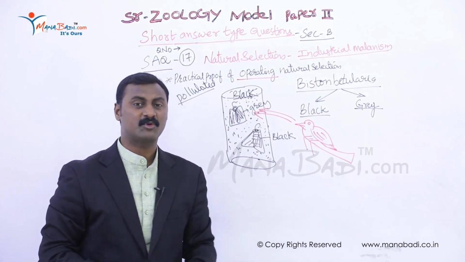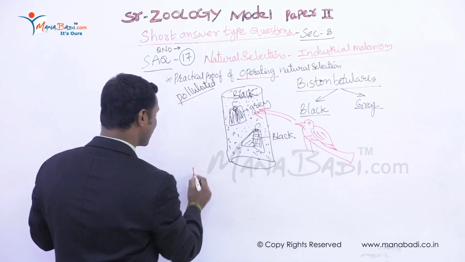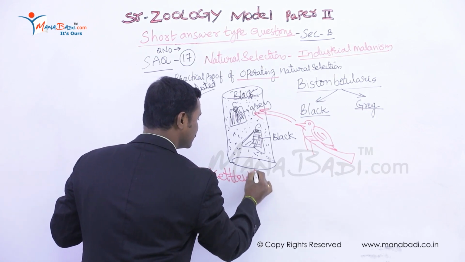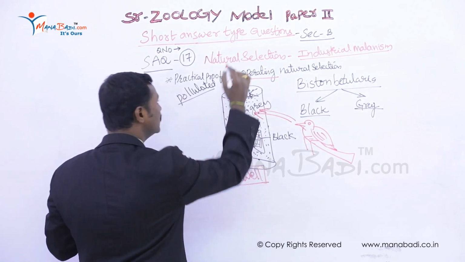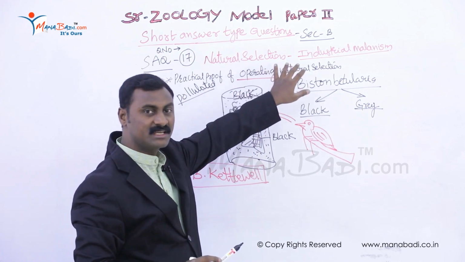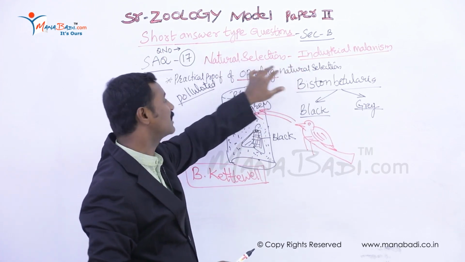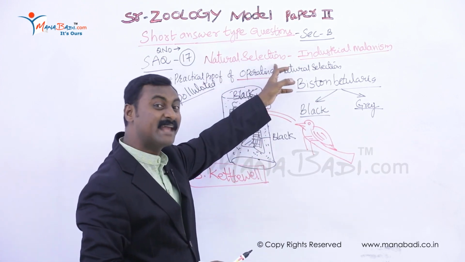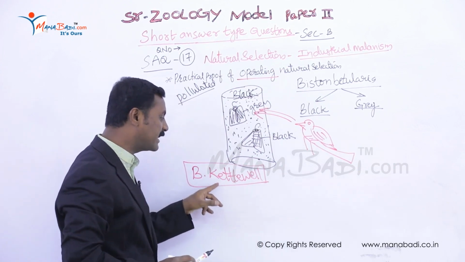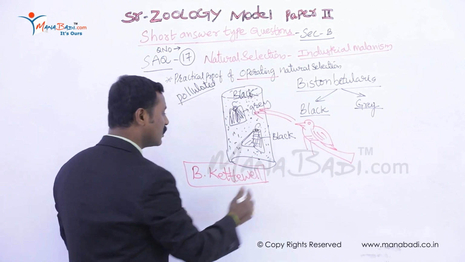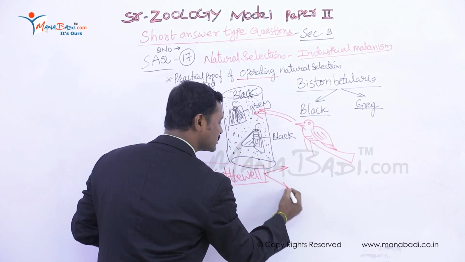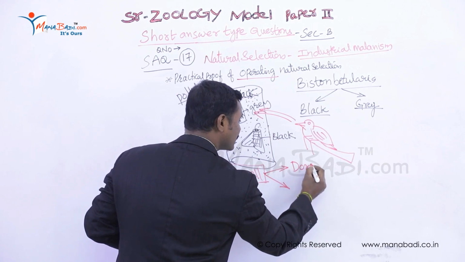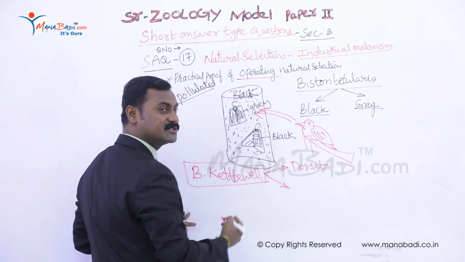This was experimentally proved by one scientist called Bernard Kettlewell. He experimentally proved Darwin's natural selection theory. Whatever theory we discussed about nature, this very popular theory called natural selection by Darwin was experimentally proved by Bernard Kettlewell. He took the same number of black moths and grey moths and released them in a village called Dorset, an unpolluted area, and